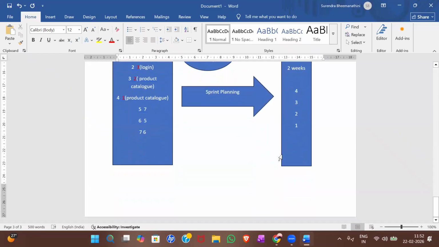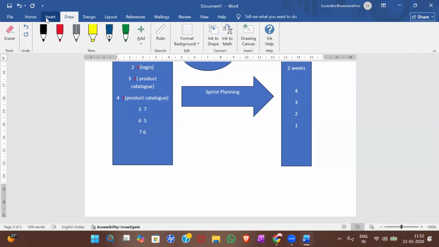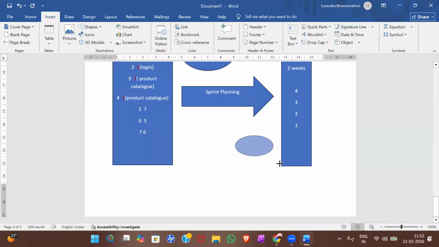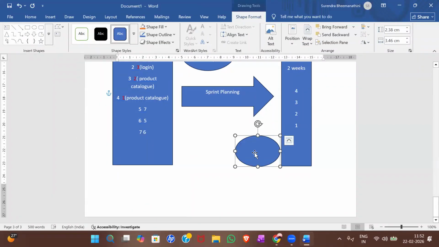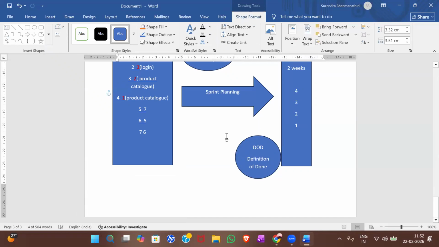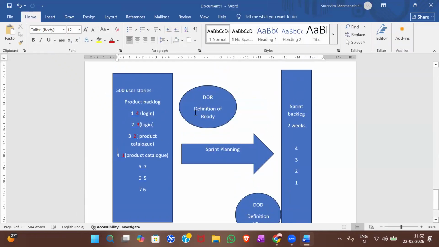Okay. So we missed one more checklist called DOD. Definition of done. So definition of ready is like before you move user stories from product backlog to sprint backlog,